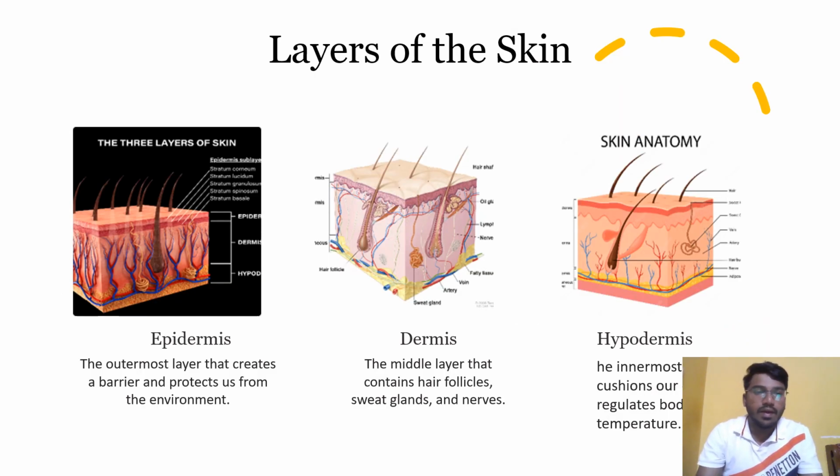Layers of skin. First layer is epidermis, the outermost layer that creates a barrier and protects us from the environment. Then dermis, the middle layer that contains hair follicles, sweat glands, and nerves. Then hypodermis, the innermost layer that contains glands and regulates body temperature. Moving to the next slide,